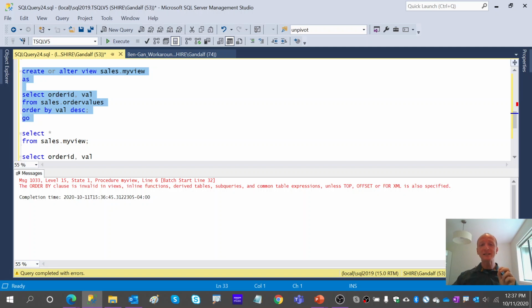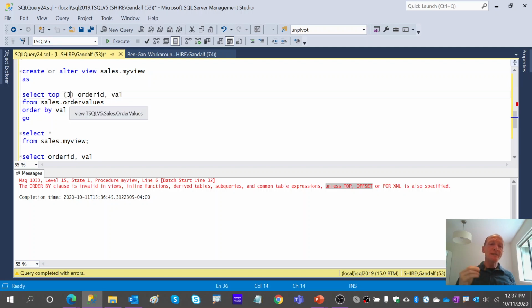Thing is, if you read the error message a bit more closely, you will see that it says we're not allowed to use this ORDER BY unless we introduce certain language elements that rely on the ORDER BY clause for purposes other than presentation ordering. So for instance, if you add a TOP filter, let's say we said give me TOP 3, ORDER BY value descending, my purpose in using the ORDER BY clause is to support the TOP filter. So the ordering here is part of the TOP filter's specification.